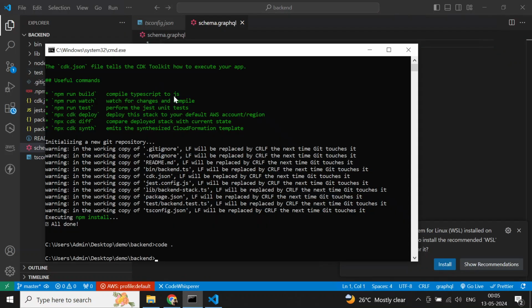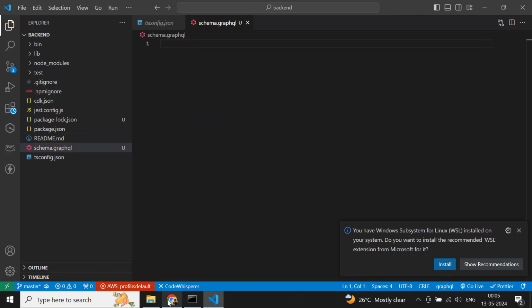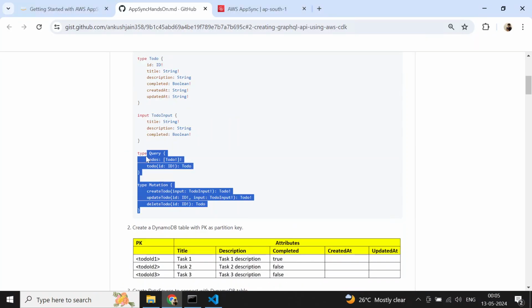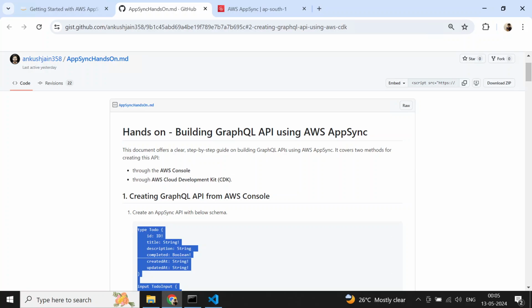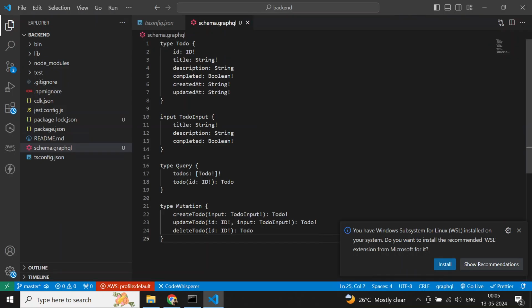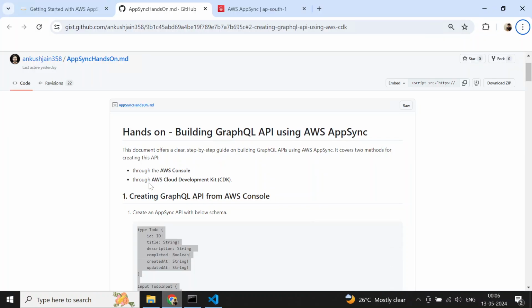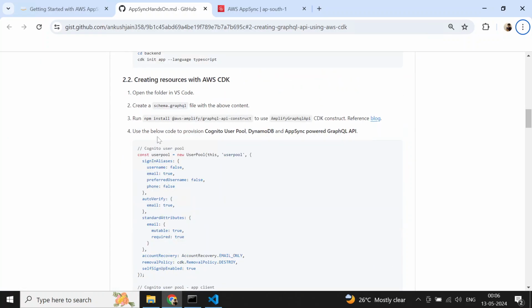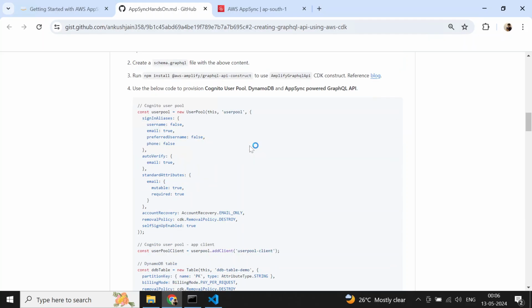Minimize this, go here and copy the schema content. Paste the entire content here. All right, so we have created a schema.graphql. The next step is to install these npm packages. I was saying why we need to install this GraphQL construct,